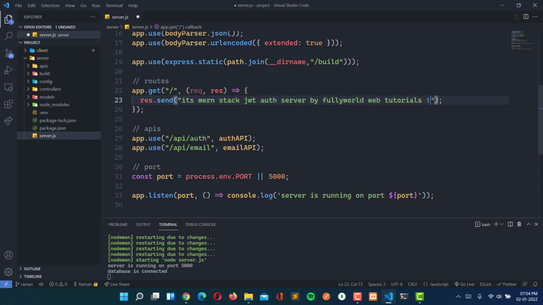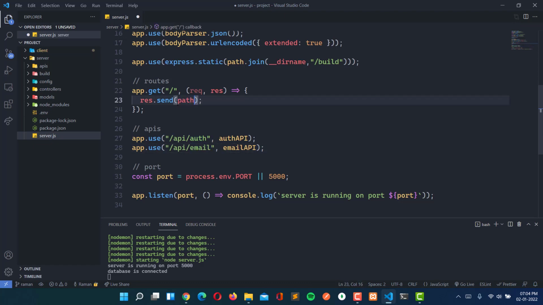We can either host our client on one side and the server on a different side, and hosting the server and client separately is very good, but I'm not going to do that. In this video, in this series, I'm just going to tell you how you can do it with only one hosting. So now let's remove this. Instead, let's send index.html, because all the fallbacks will be under the index.html, and otherwise we have only routes for the APIs.